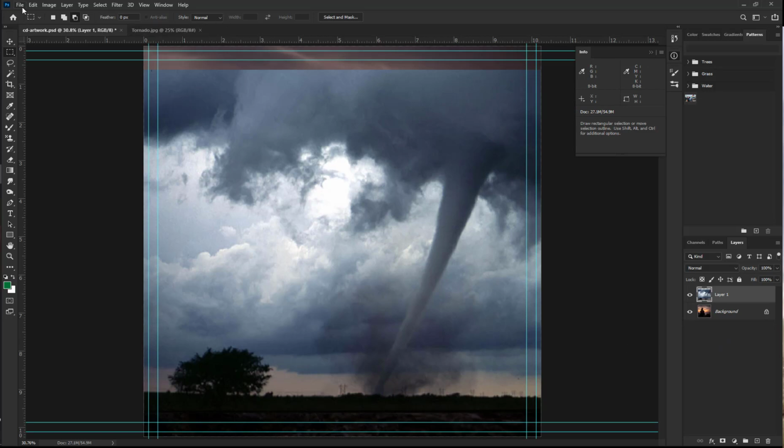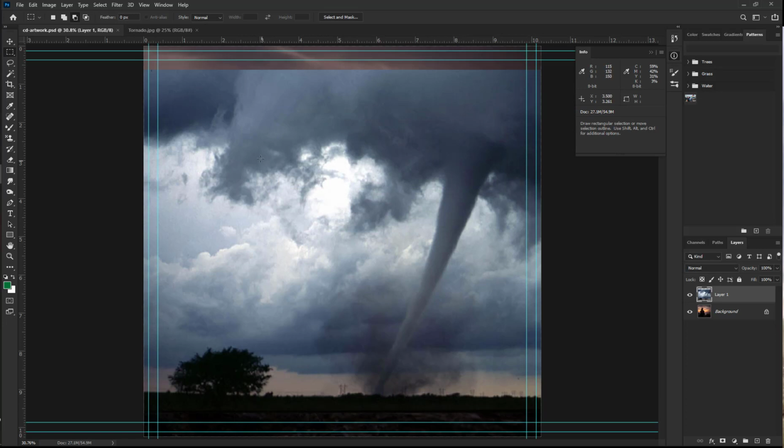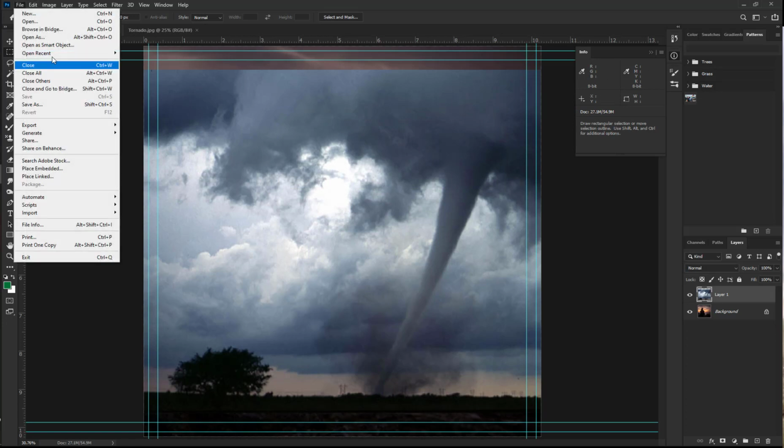Now if you go up here and save, you're going to get a maximize compatibility warning about Photoshop format options. Click OK to that. It's just a warning that if you turn that off, you may have a problem putting these files into other applications. So leave that checked and say OK. Open the Lightning